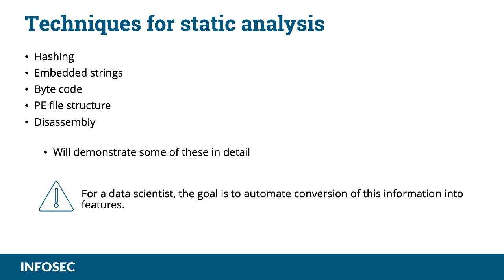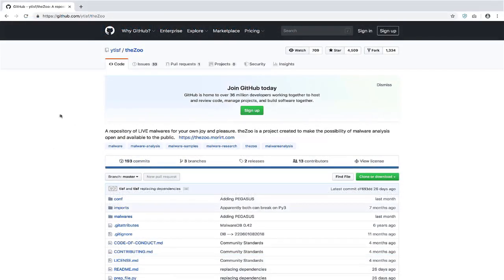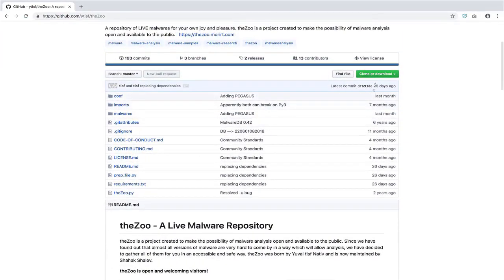I'm going to demonstrate some of these in detail later, but do note that even though I'll be doing so manually initially, our goal will be to automate the extraction of the static information so that we can use it in our machine learning. First thing I'm going to do in order to perform static analysis is obtain a collection